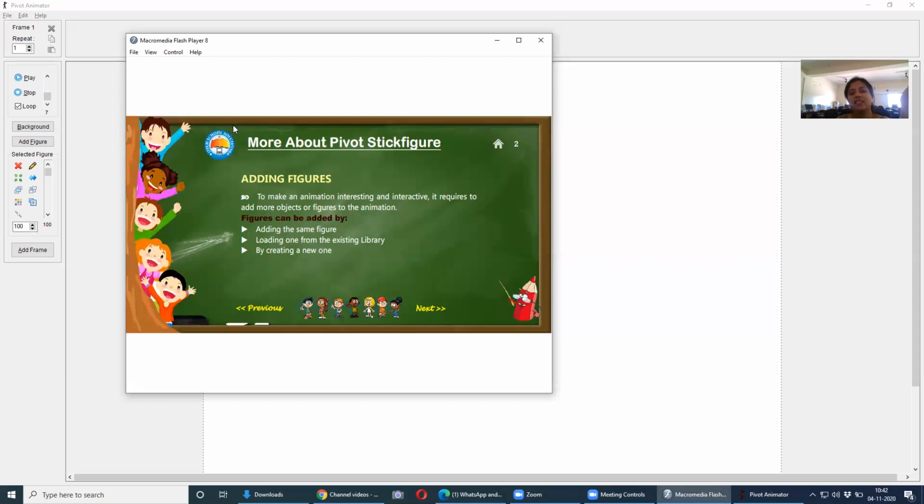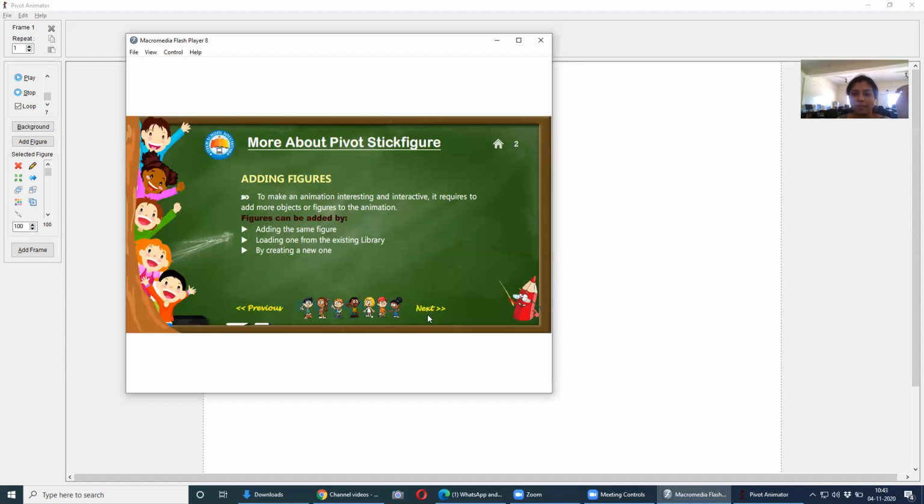There we have extra objects like an elephant, a horse, a block, a ladder, a clock, a few ready-made ones available for us to pick from there. Or if we don't have anything we want to add, we are supposed to create a new stick figure by ourselves.